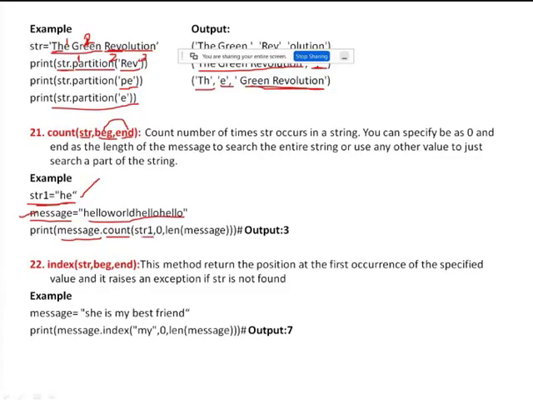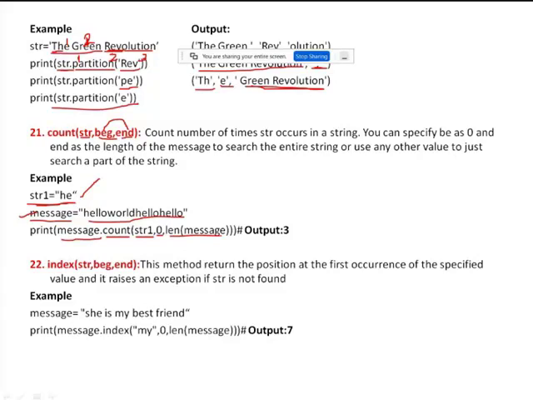So string 1, what is the value of string 1? HE, right? So the string 1 value is HE. That means we want to count the number of occurrences of HE from the beginning index 0 to the ending index, the length of message. We are telling the interpreter to count the number of occurrences of HE in the entire string from the beginning to the end.